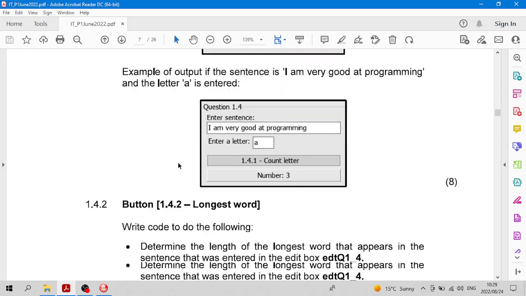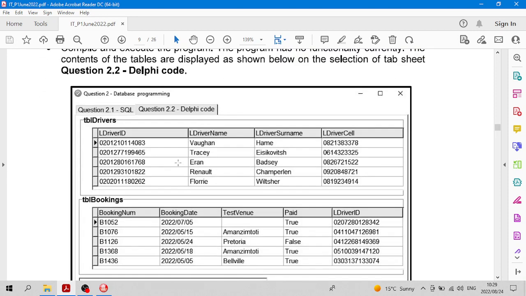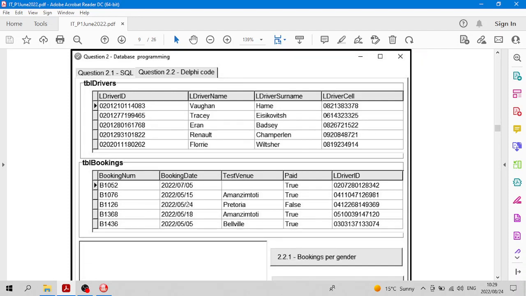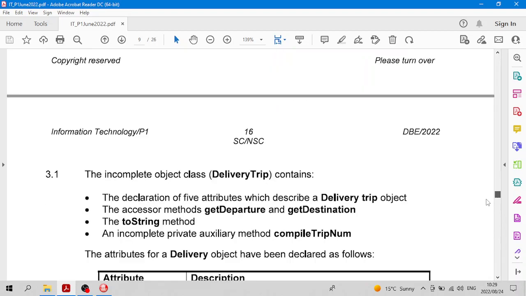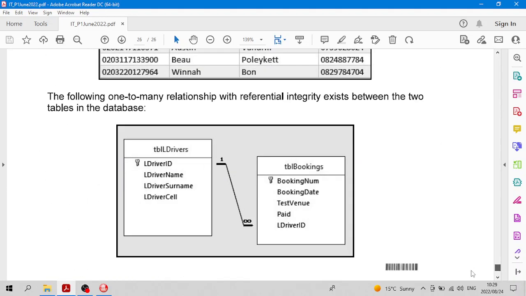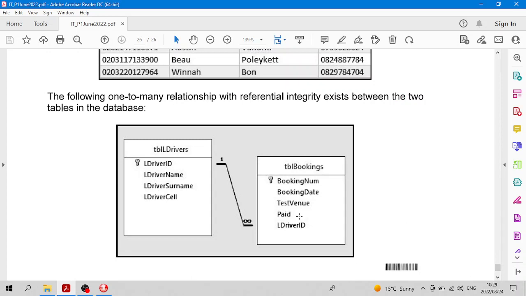That's a good question, isn't it? It would be a good idea to go and scroll down, because TBL drivers and TBL bookings is not displayed over there. So I'll just go all the way down again to, this helps, oh